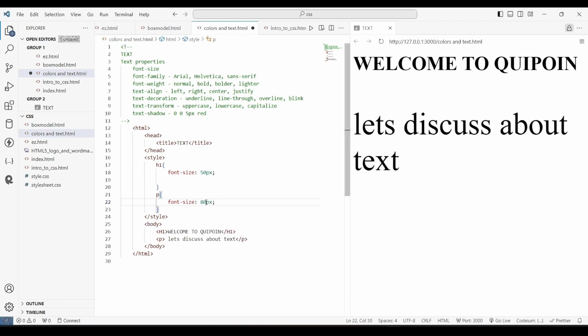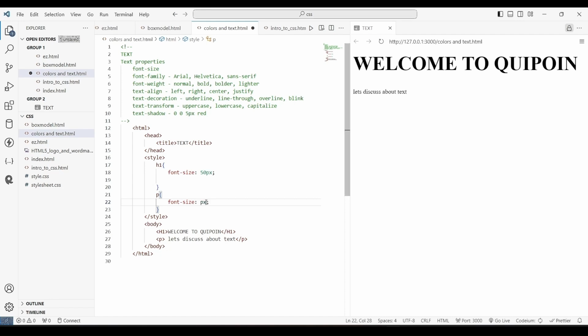If I write 80px, you can see it is not a heading, but I can provide it any text size of desired pixels, like 50 pixels. And there is yet another way to define a font size. If I write small, it will become small. Then there is something called smaller. Then there is extra small, and then there is double extra small,